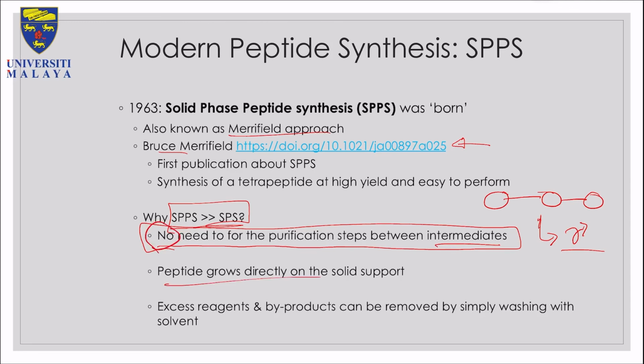Okay, so the peptide grows directly on the solid support. Therefore, it's not in the solution, it's on the solid support. You can easily just take away the solution and you still get the peptide on the solid. Okay, and excess reagent byproducts can easily be removed simply by washing. So what it does is normally you have a peptide vessel. Okay, the shape of the vessel varies. So say, for example, if that one is a syringe,